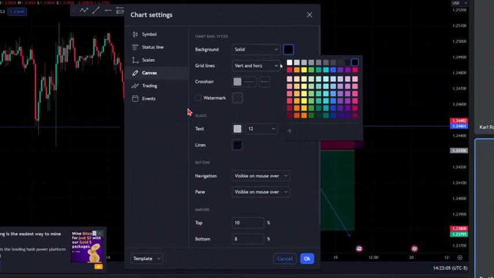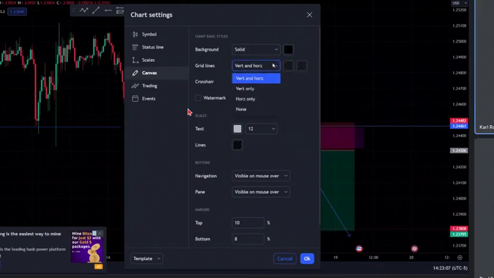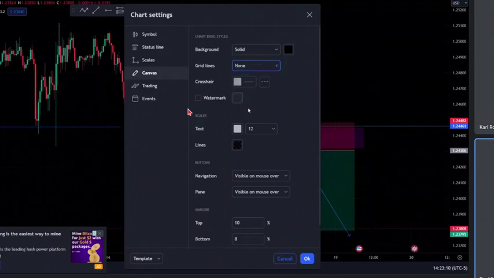And then click on vertical and horizontal lines. This looks so much cleaner this way. Go down to none. Boom. Crosshair. Click on the dash. Make it circles instead of dash because the dash is too much stuff going on. We can barely see price. Click on dotted lines,